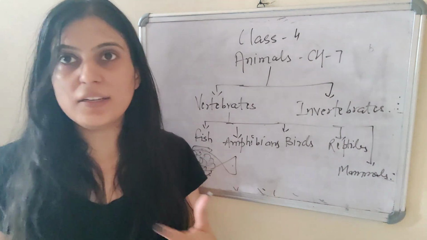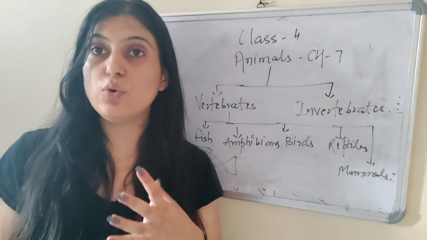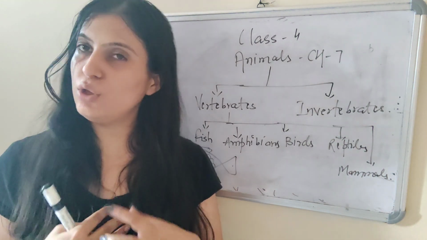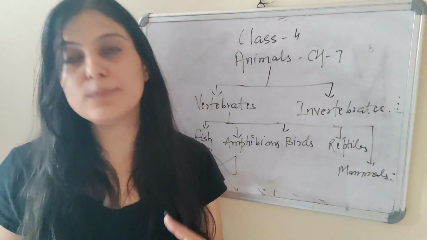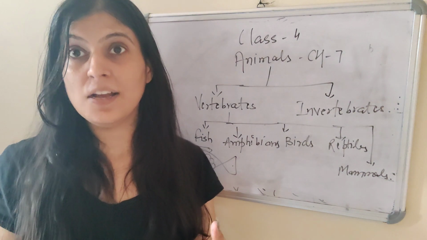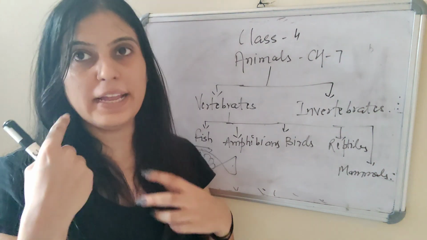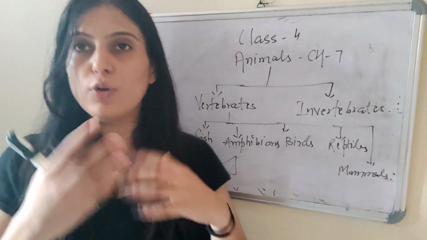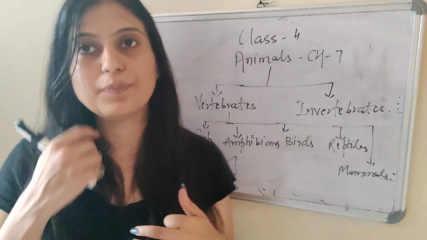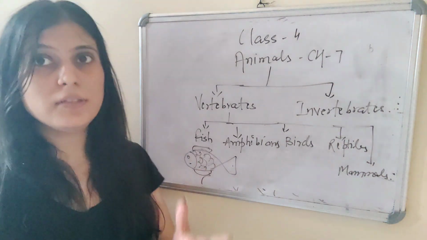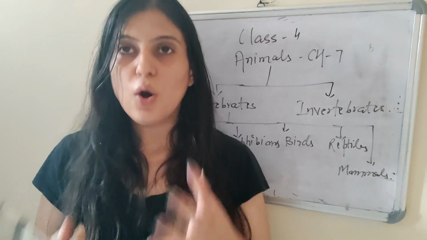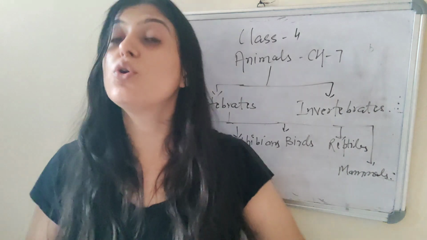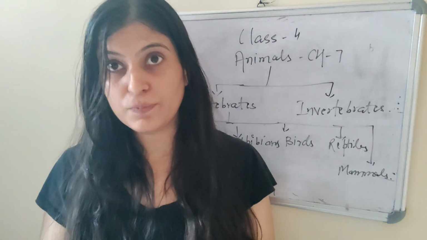Mammals feed their young ones. They have four limbs. They have a tail. We are also considered as mammals. We do not have a tail. We have both hands and legs, right? We have both forelimbs and hind limbs. We also have ears, right? Mammals have ears. Also, dolphins and whales are considered as mammals, although they live in the water.